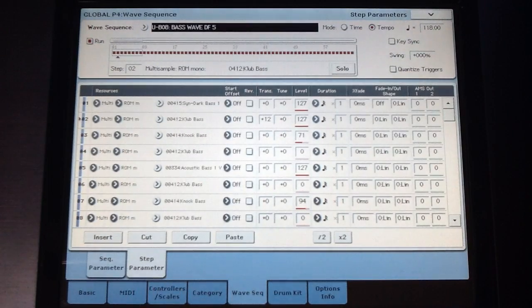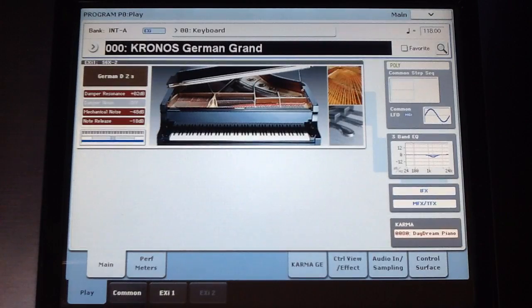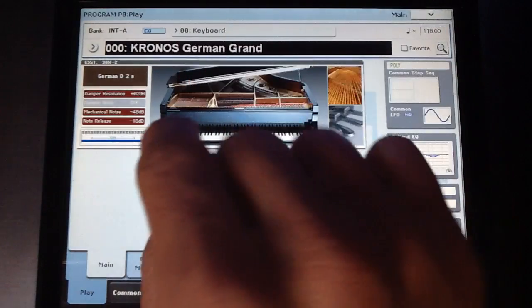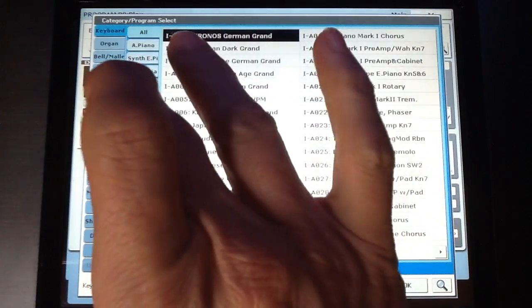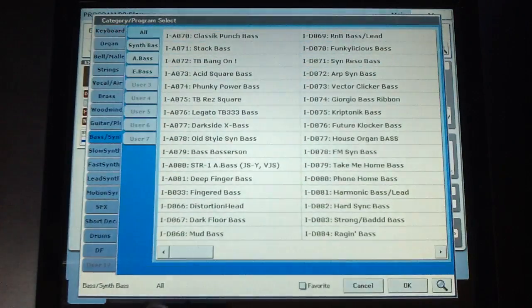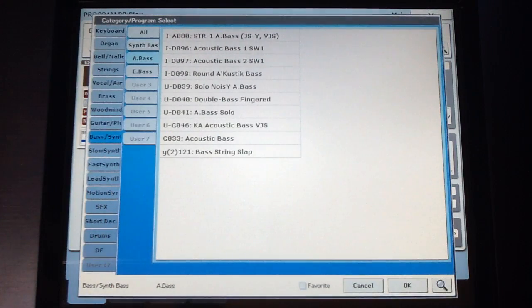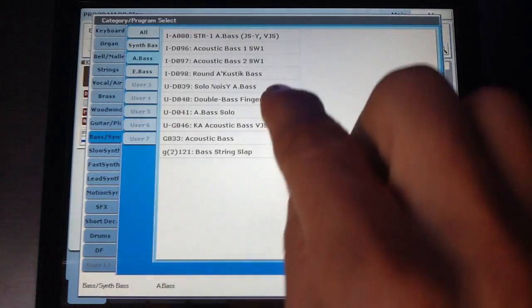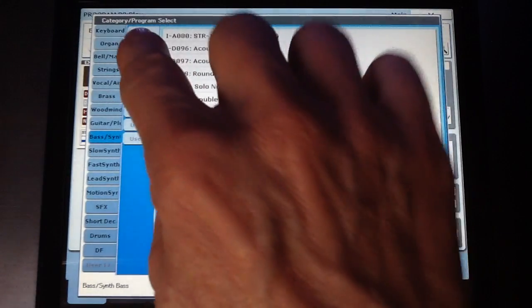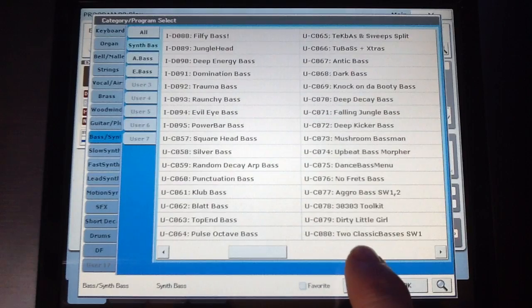Now, if you want to be able to use that in a combi, to combine it with Karma, you're going to have to assign this to a sound, to a program. So you have to go to program, and then in the program you have to go through the mode here, search for your bass synths, where I saved this one. This is a synth bass sequence. Right there, and then it should be